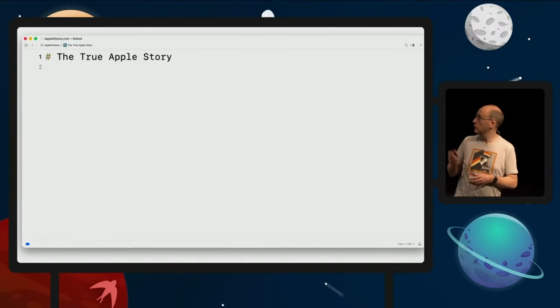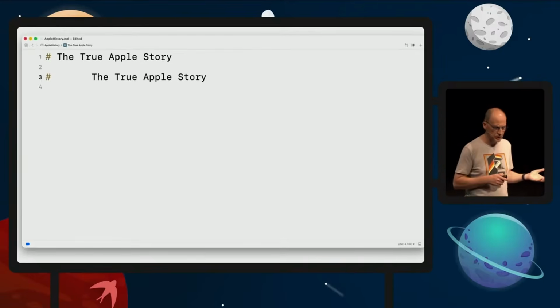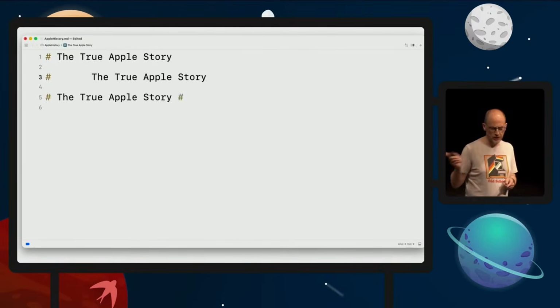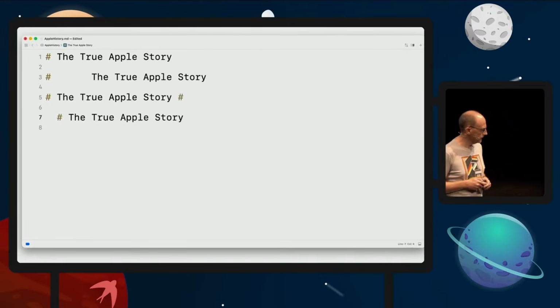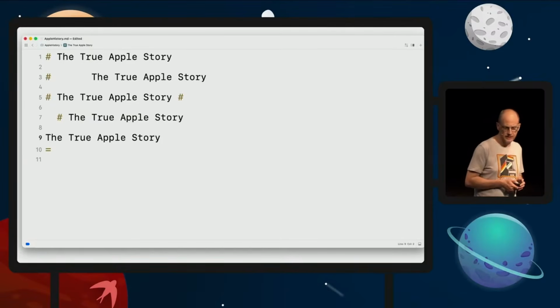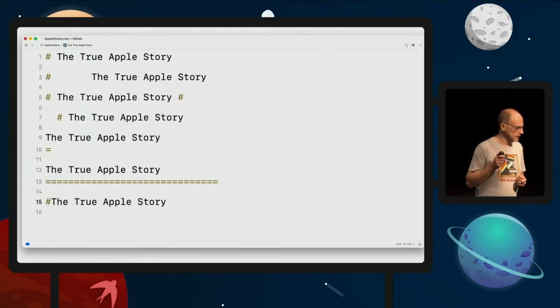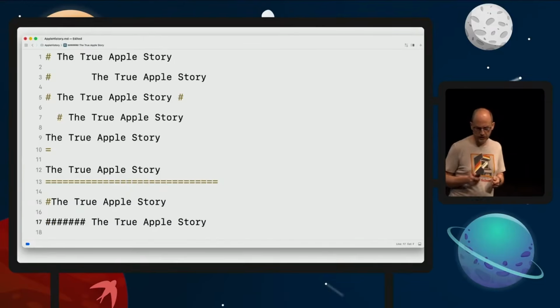So this would be the typical way I would write a header. But you can have as many spaces between the hash and the text, and that's still correct, and the spaces are not part of the text. You can repeat the hash after the header. You can have up to 3 spaces in front of the hash. You can use something completely different called the Setext heading with one underlining character, or as many as you like. And also, Xcode seems to think it's a heading. The spec mandates a space between the hash and the heading. Having more than 6 hashes is not allowed.